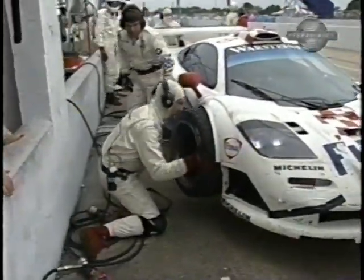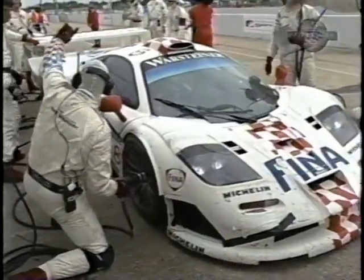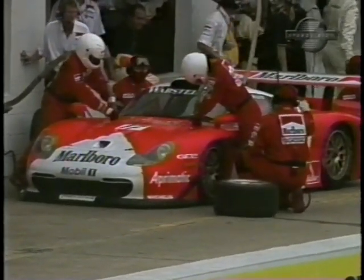And now they're changing to the rain tires. Well, this is very interesting, but they've easily... Oh, I can't believe the lack of coordination in the pit lane. A Keystone Cops movie. It really is. It's bizarre to me that this is the championship leading team, and their pit stop is so poorly orchestrated and managed. The Collard Baldy Porsche is also in the pits,